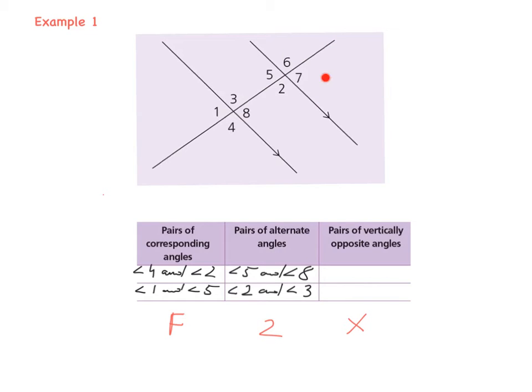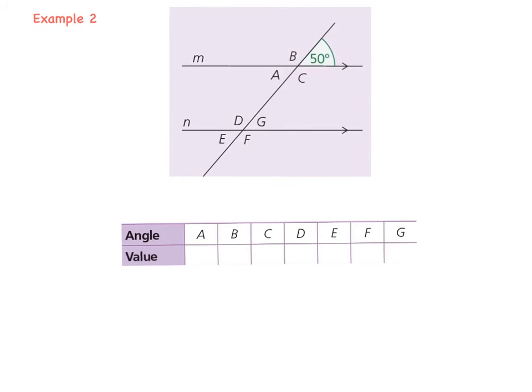But we'll write down just 2 pairs. So let's say angle 1 and angle 8, and then let's say 5 and 7 or 2 and 6, doesn't matter, and angle 6. Okay, so first what you need to do, you need to just recognize the angles and you need to name them. Okay. And the next activity you should be able to do after this video is finding the measurements,